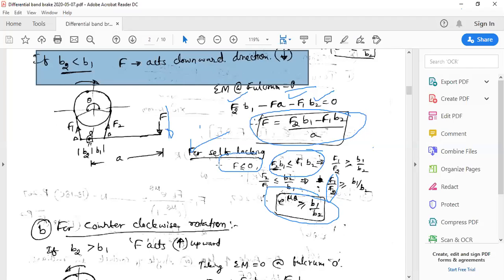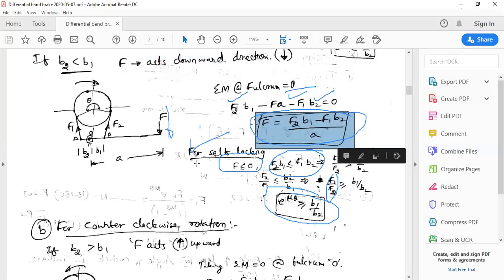With respect to this, you have to remember that we have to draw the particular sketch if it is given. If it is not given, then also we have to draw it, and indicate all the usual notations, take the moment about the fulcrum point, and formulate the expression of F. So by taking moment about the fulcrum point, F a minus F2 b1 plus F1 b2, and this is also giving the same moment in the same direction of F, so that will also be with the same sign convention of F.